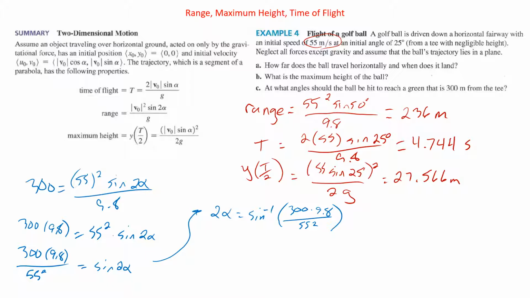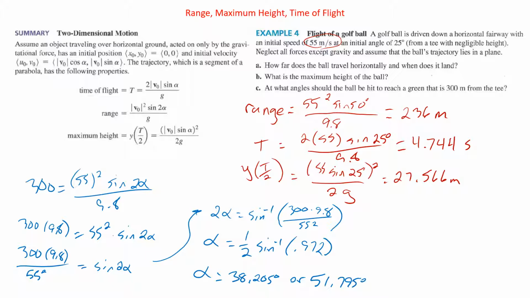So we're going to take the inverse sine of 0.972 and then divide that by 2. So alpha will equal 1/2 of this inverse sine of 0.972, which means that alpha will be either about 38.205 degrees or